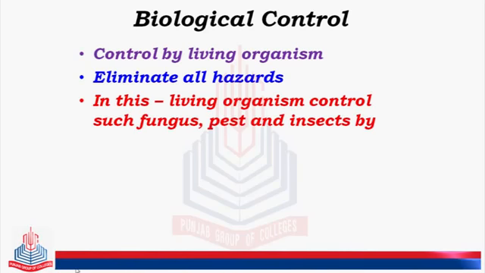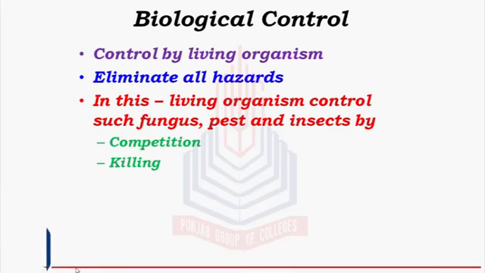In this, living organisms such as fungi, pests, and insects are controlled by the help of different types of organisms themselves. For example, competition. It means the organisms undergo competition. If one competes with another for nutrition, for space, and for other things, it is really not possible for both of them to survive at the same level, because of natural selection. So when competition is held artificially, it would eradicate those individuals which are weak, and they can be avoided from coming next.